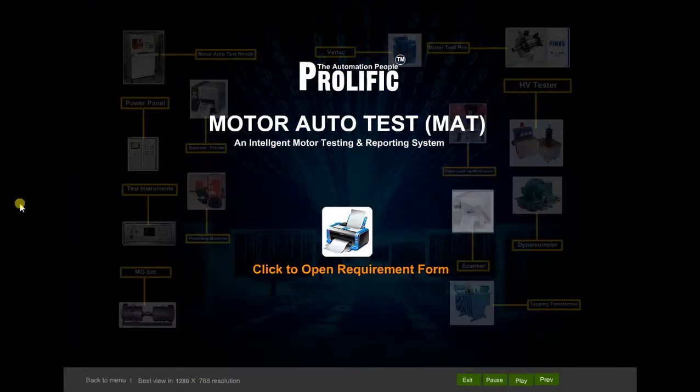You may fill the requirement form for your requirement of motor auto test to receive a motor auto test proposal to satisfy you.